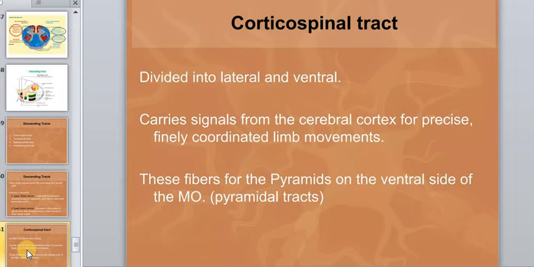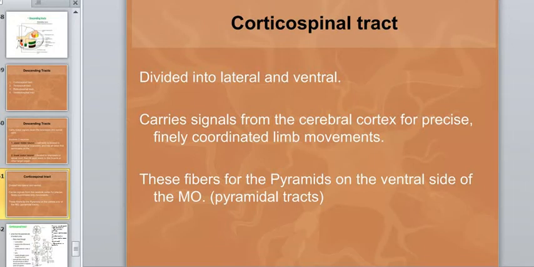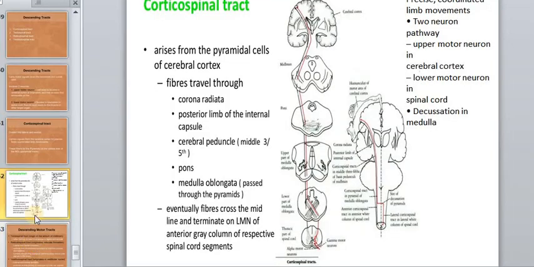These fibers form the pyramids of the ventral side of the medulla oblongata, the pyramidal tracts, and here we can see the picture. Corticospinal tract. It arises from the pyramidal cells of the cerebral cortex. They are very big neurons with the shape of a pyramid. Fibers travel through the corona radiata, the posterior limb of the internal capsule, central